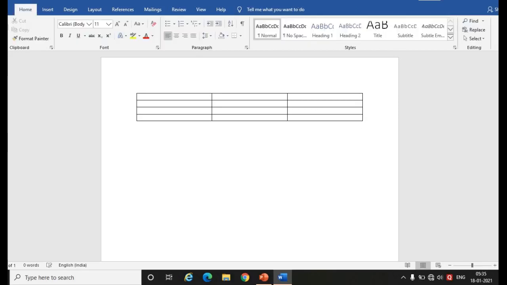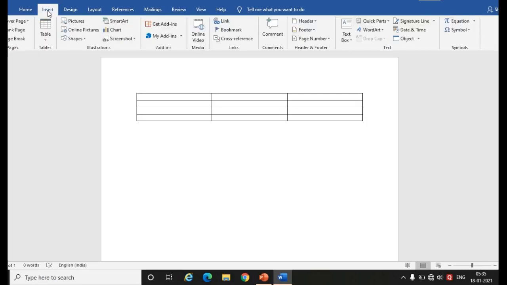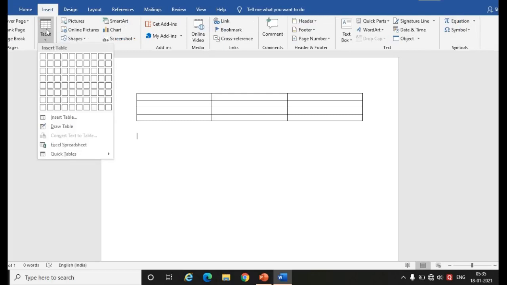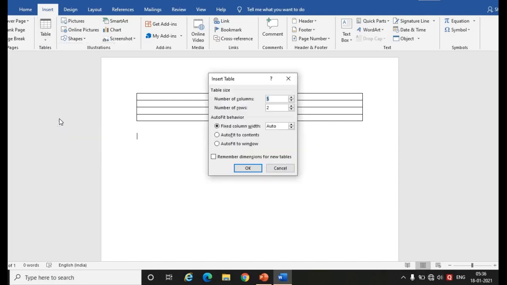Now the other method in which we can insert a table in our Word file: again you have to go to the Insert tab, click on Table, and here you can see the Insert Table option. This is another method through which you can insert a table. When you click on Insert Table, you get a dialog box.